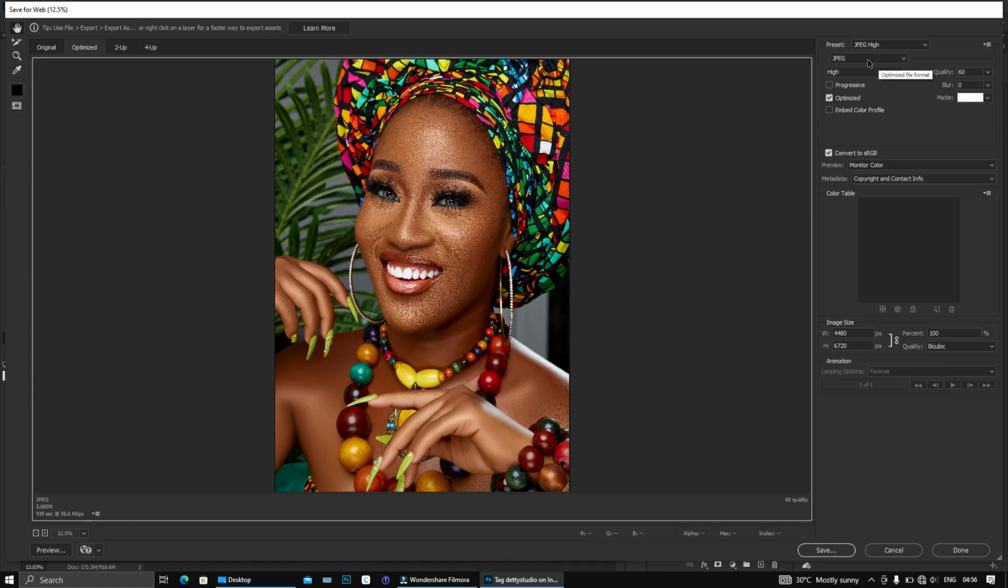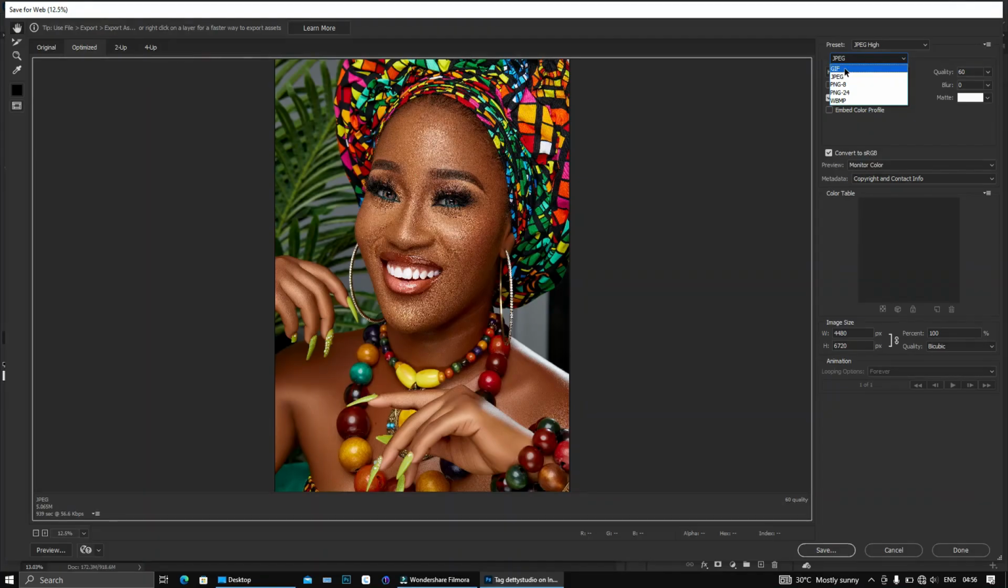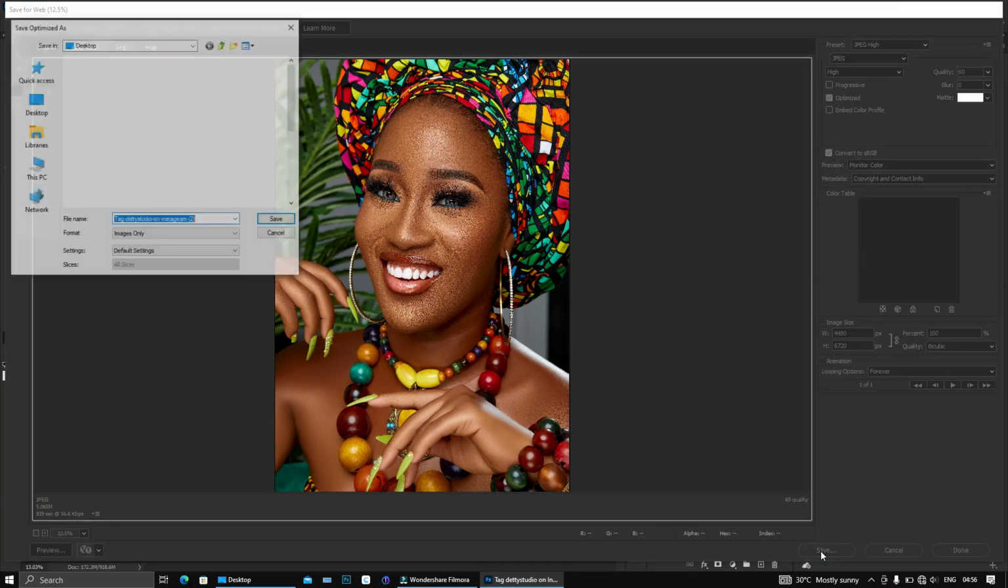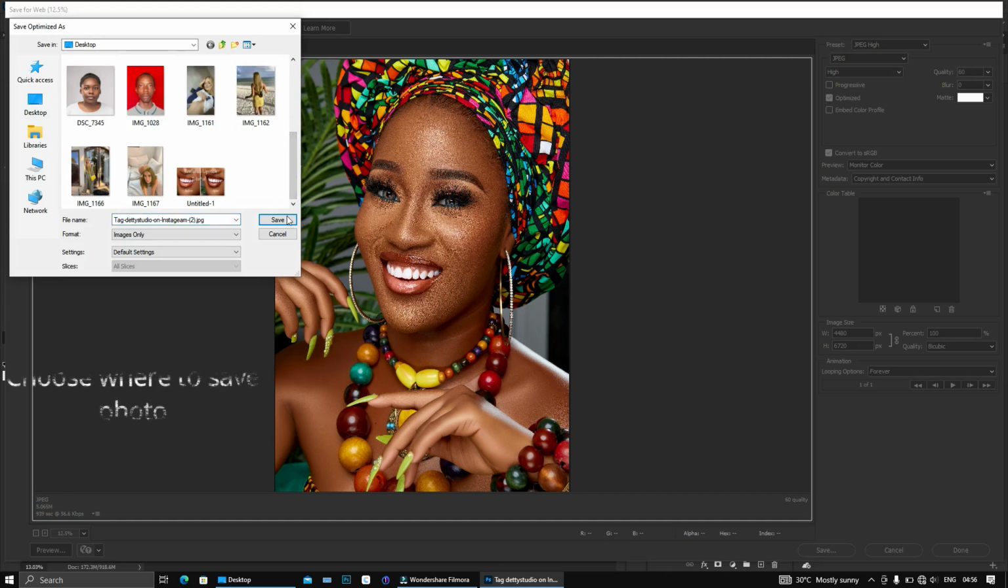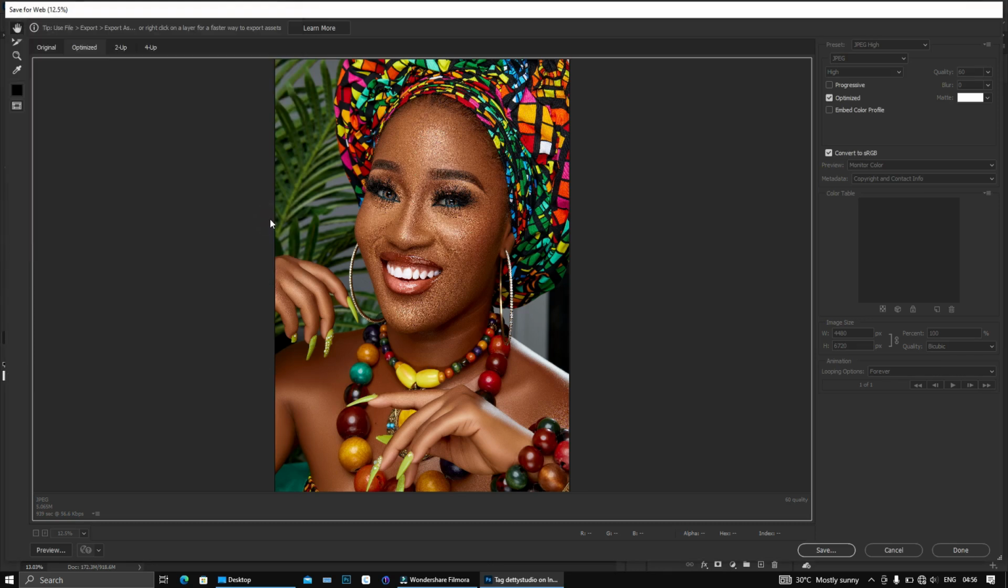So usually in default mode, if you haven't used this before, it's going to be on GIF. So all you gotta do is to change the GIF to JPEG. Then that's all. Then all you gotta do is click on enter or save on your keyboard. Then you save it here. And that's how you export high quality photos for your web